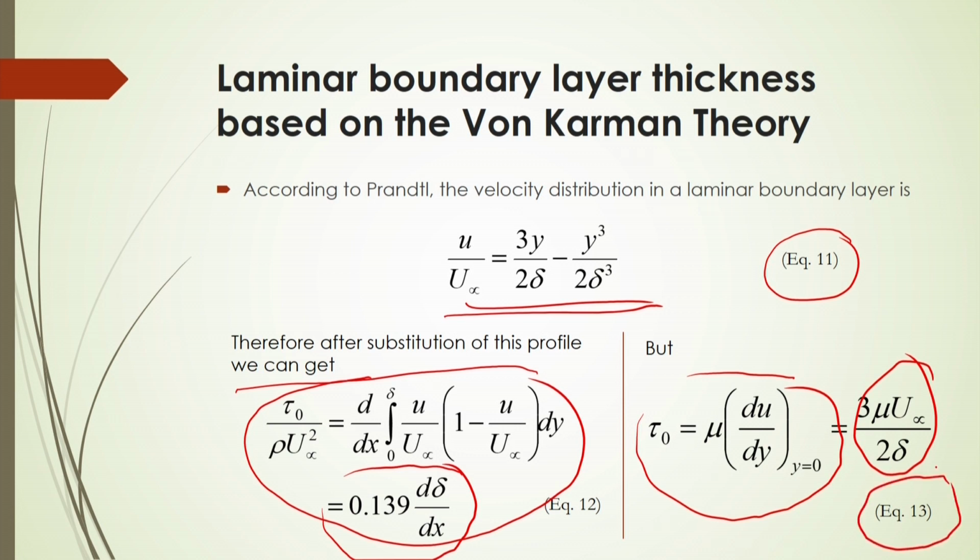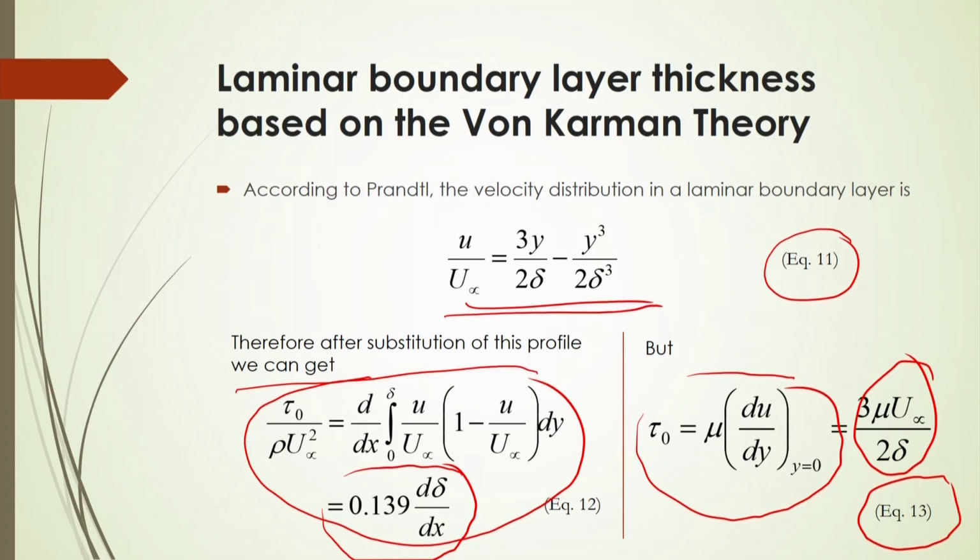So, we can then easily calculate the shear stress if we know the boundary layer thickness and the free stream velocity. Of course, the properties of the fluid should be known, because viscosity is one important physical property of the fluid by which you can calculate the shear stress. So, this shear stress will vary with respect to viscosity as well as the free stream velocity. If you are using a highly viscous fluid, like oil, you can get more shear stress, whereas if you are using simple water, you get less shear stress, because oil has more viscosity than water.